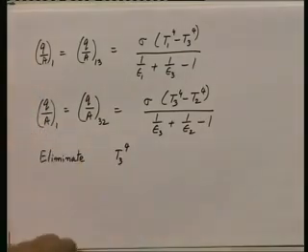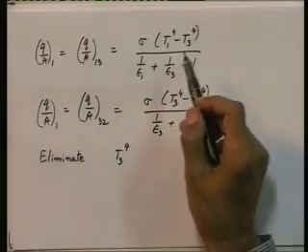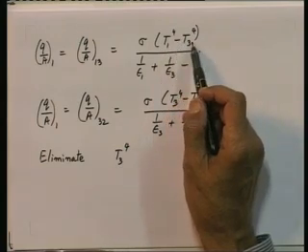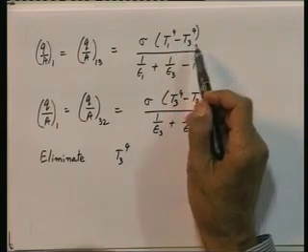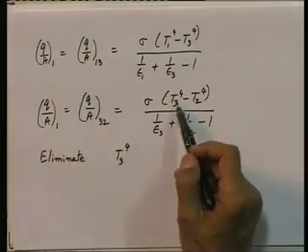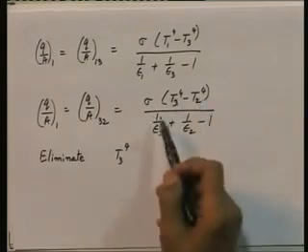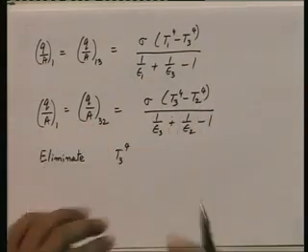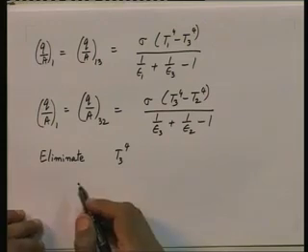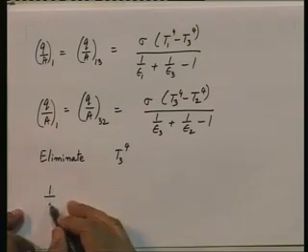Now, I am skipping a few steps. That means, you will have to write this as T 1 to the power of 4 minus T 3 to the power of 4 equal to something, and this equation as T 3 to the power of 4 minus T 2 to the power of 4 equal to something, and then add the two expressions, in which case you will eliminate T 3 and you will get, I will just put down the final expression,